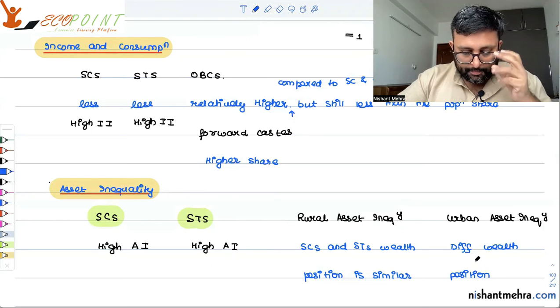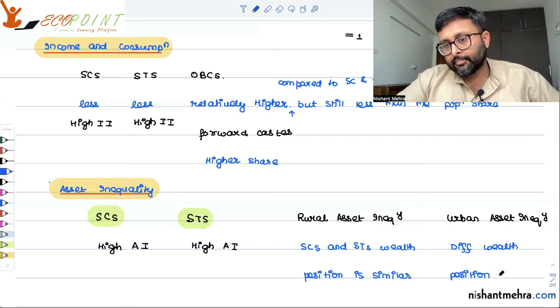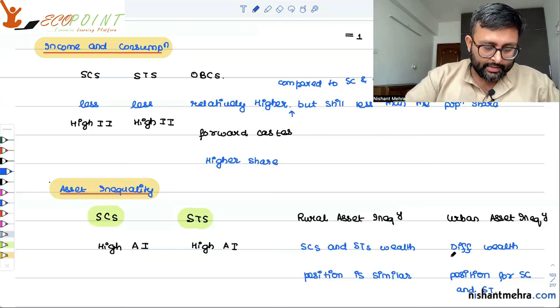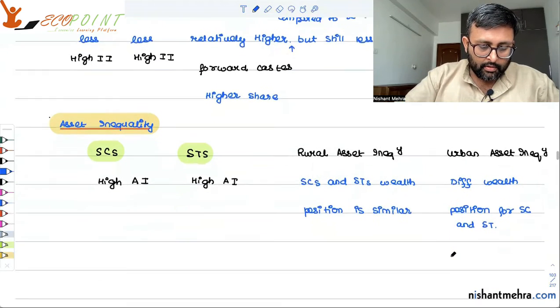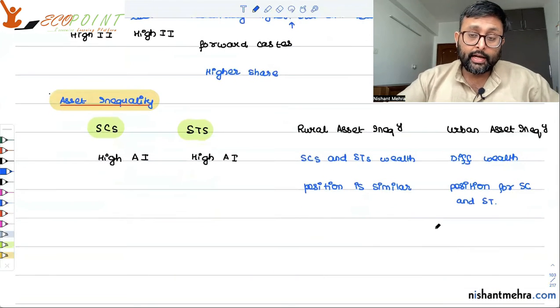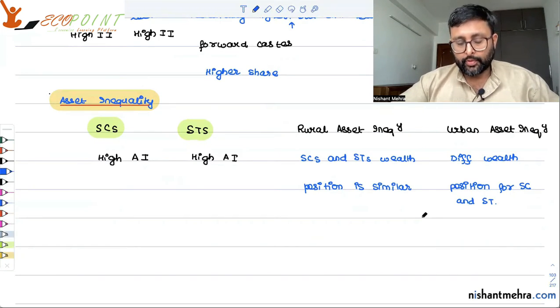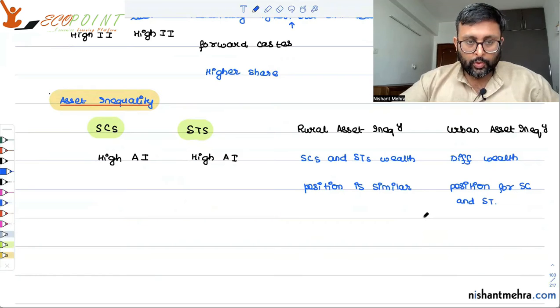Different wealth position for SCs and STs, right? And he also writes one line. He says that for the ST category, it was strong enough to indicate the emergence of the creamy layer within this group, right? That is there. Okay, then